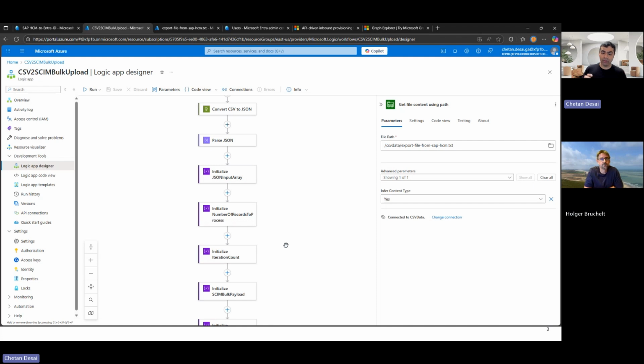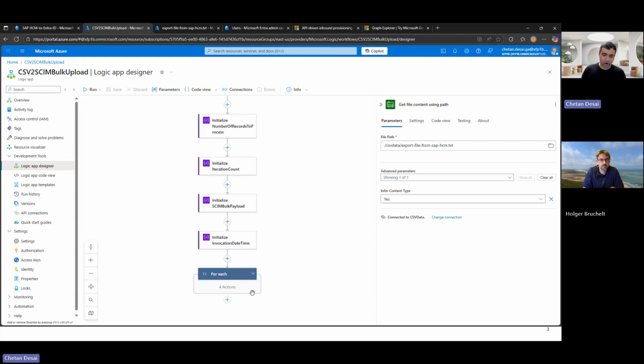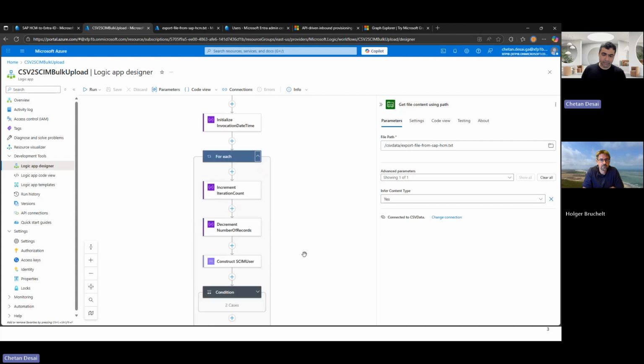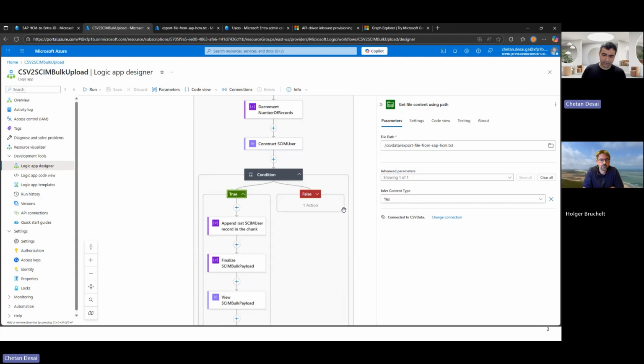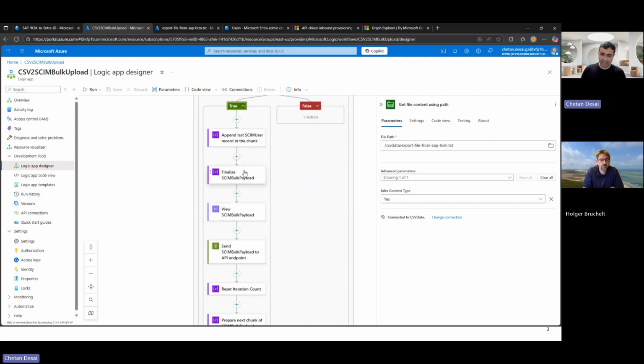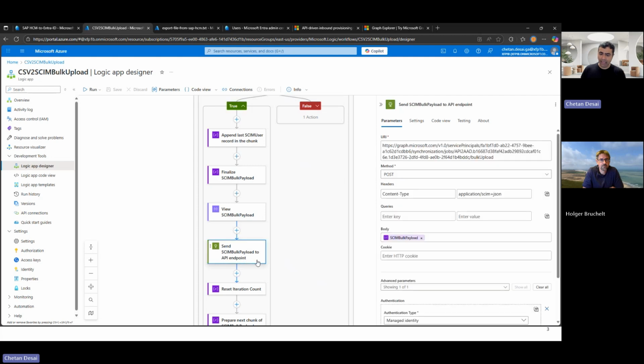Each request can have up to 50 records, so we are optimizing for that. That's what you will see here in terms of the for loop. That's what it's trying to do. But at the end of this Logic app, what it does is, after packaging all the requests, it creates this SCIM bulk payload request and